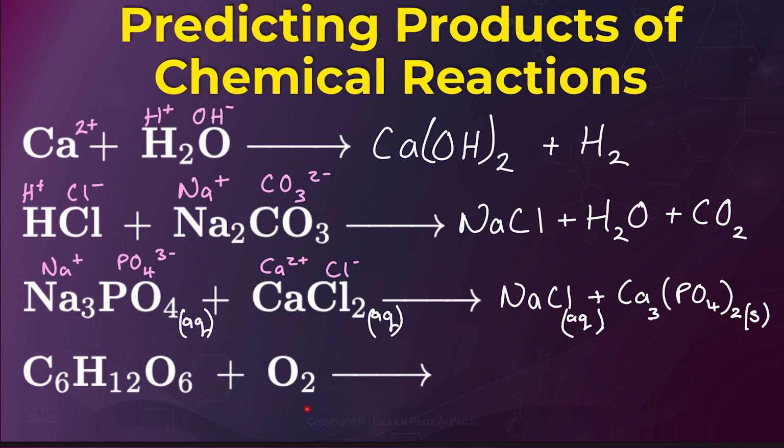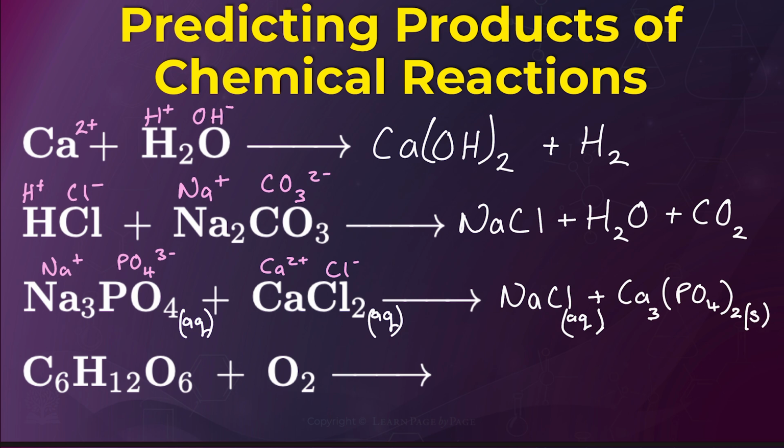C6H12O6 plus O2. The first thing I'm looking at here is I've got carbon and hydrogen. I've got some form of fuel. It's not a hydrocarbon because we've got some oxygens there as well. So this molecule, hopefully you've spotted it, is actually glucose. And glucose burning in oxygen, in enough oxygen, that's a reaction that happens in nearly every cell in our body, and that's the respiration reaction. And the products of all fuels burning in oxygen, a combustion reaction, the products are always carbon dioxide and water